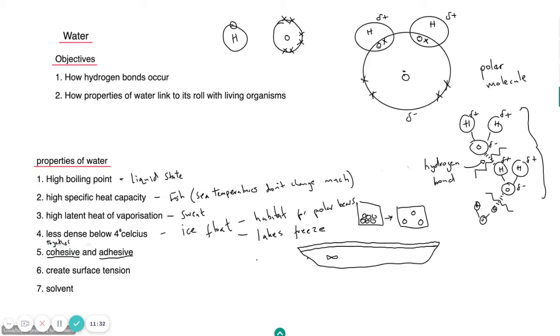So that's one more. This here is showing cohesion, because that's one water molecule sticking to another. And adhesion is when water molecules can stick to other polar surfaces. So if you wash your hands, you'll see that the drips of water are still sticking to your skin. But in terms of how it might be helpful for living organisms, if you think of a plant, in transpiration,